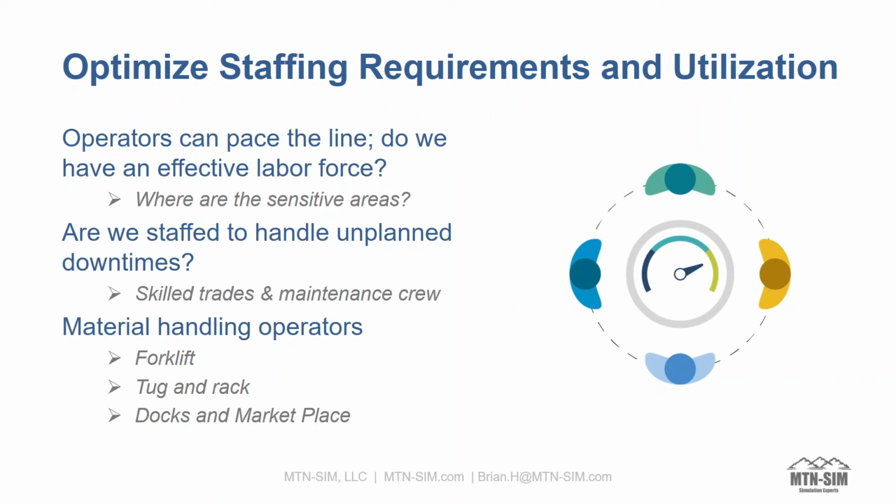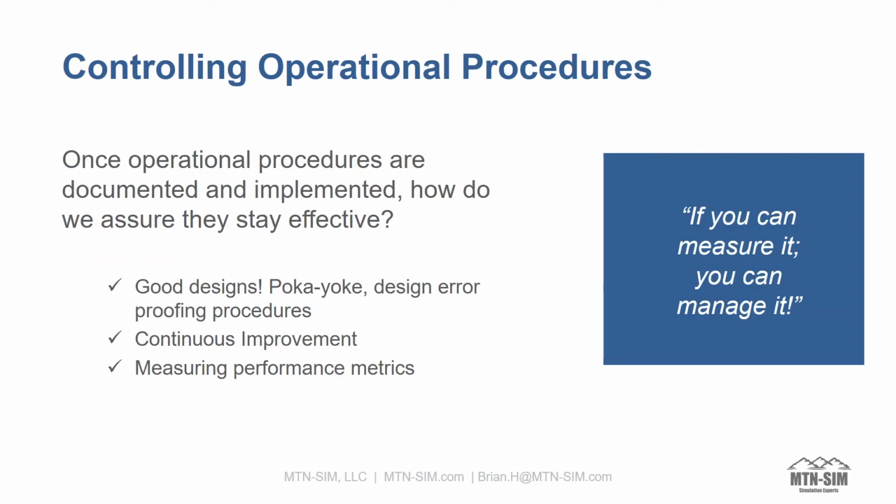no stoppage. Whereas in a mass relief pattern, all operators, or at least a subset of the operators, will go on break at a particular point in time, and the facility will actually go down for maybe 10 minutes or 20 minutes for lunch time. So coming up with the optimal operating pattern, and even staggering different shift or break patterns within the facility, causes the minimal throughput losses when we're looking at an overall shift period. So